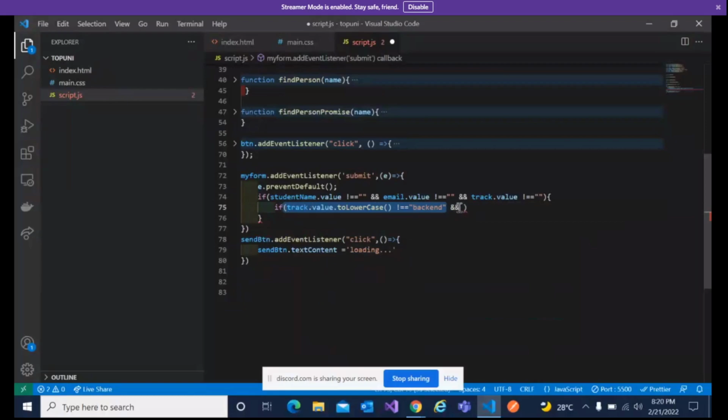I'm just repeating it here, but this time we're passing a different value to it. So here we'll have front end. So if it's not front end,